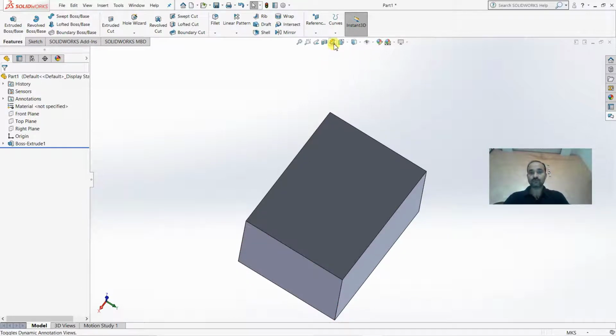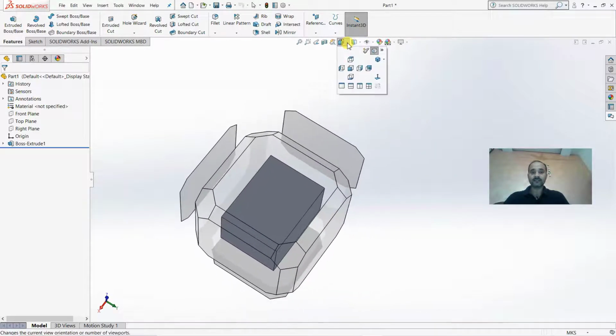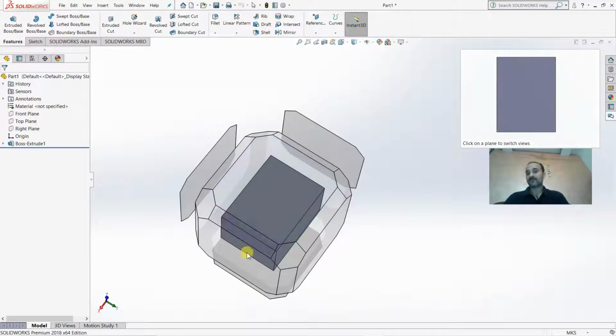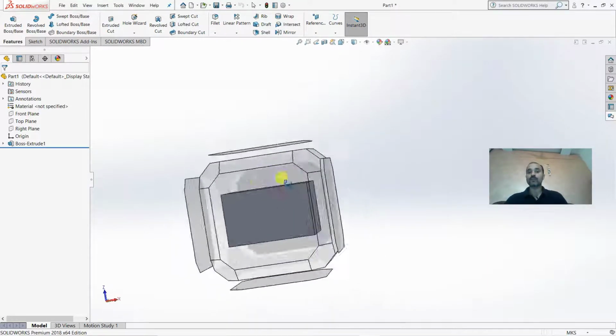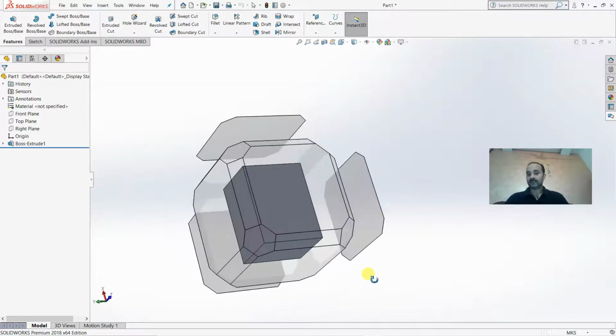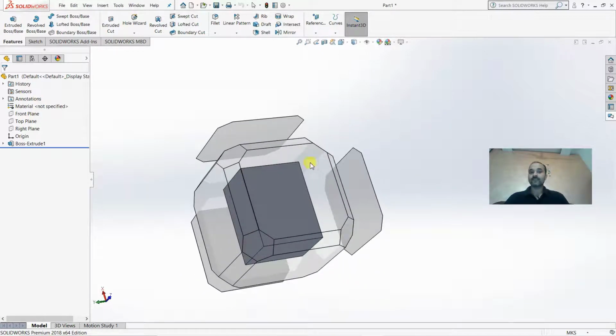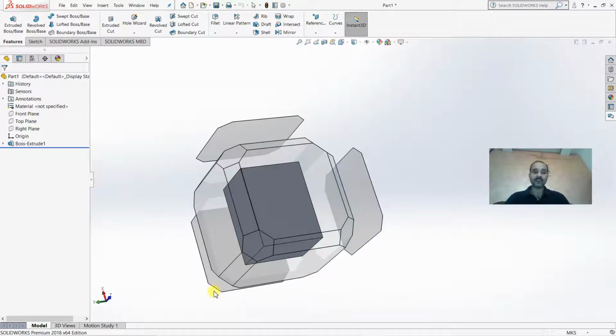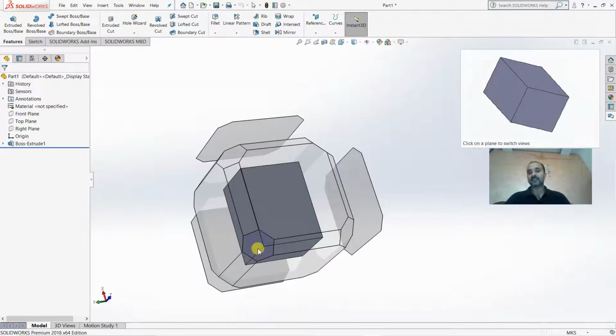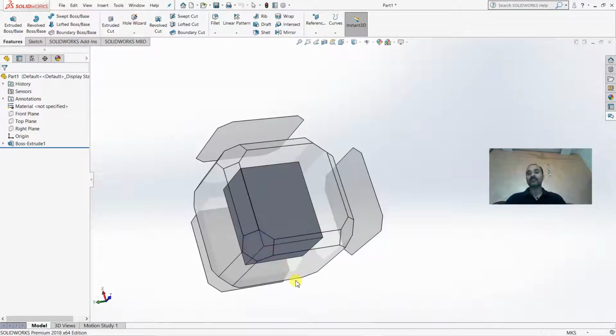If you go to this button control, then it will show a box around your object. This will be a front view, side view, top view, corner view, edge view. All these you can select from here. That is your view box. View box means you can go and view from this side, from this side, bottom side, edge side, corner side. Everything you can select using this selection box.